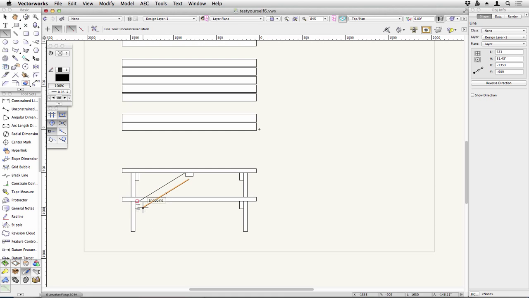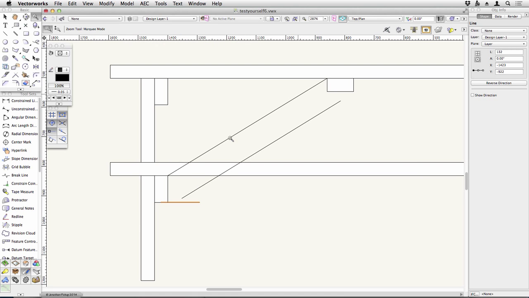Which means that I also need a line across here. If we have a look at that, it's not looking too bad. I do need to create that piece there, and then I can use my trim tool to trim all those up. So I can trim that to there, that piece to there, this piece needs to be brought back to